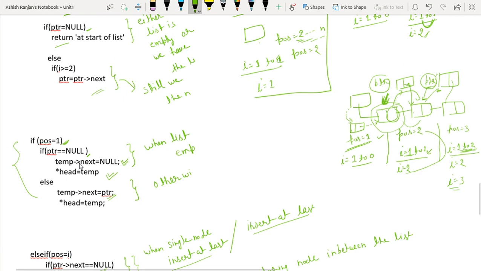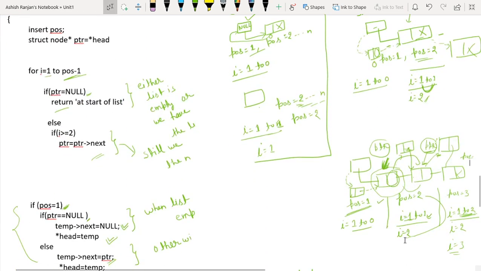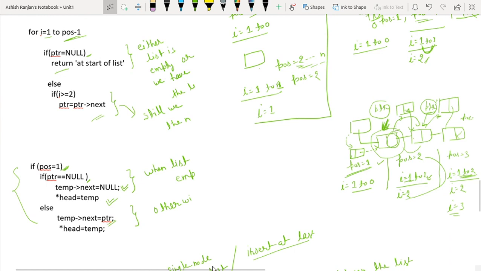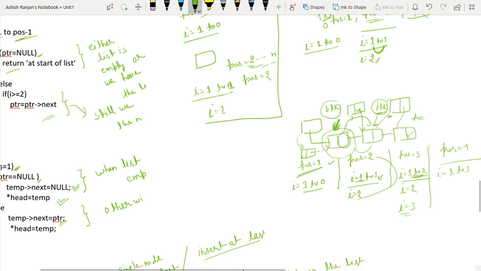Finally, let's suppose I want to store the element at pos number 4. When pos equals 4, we'll execute the loop from i equals 1 to 3.